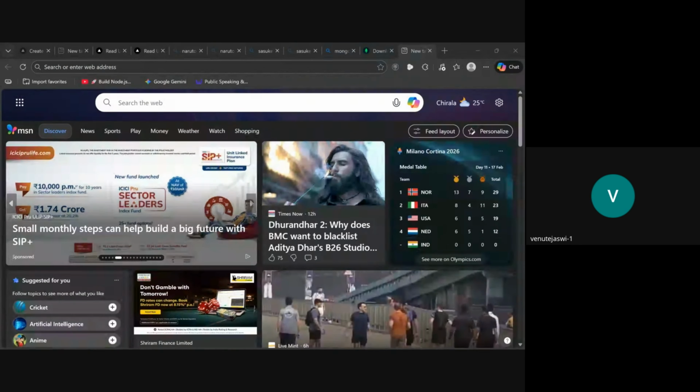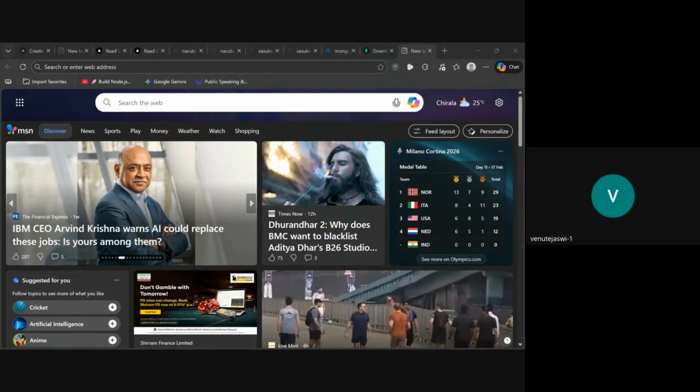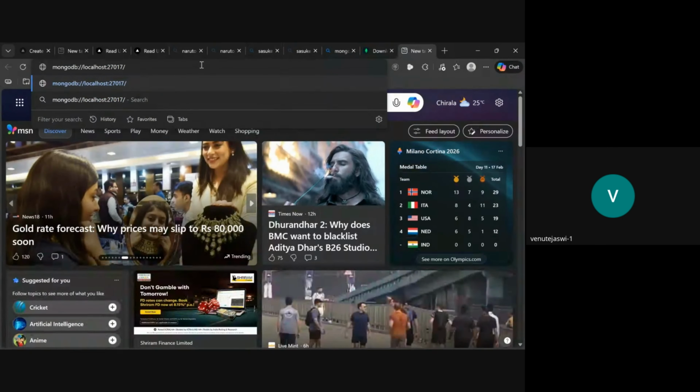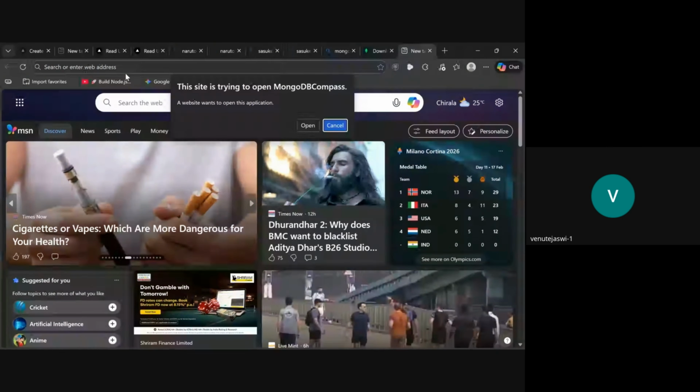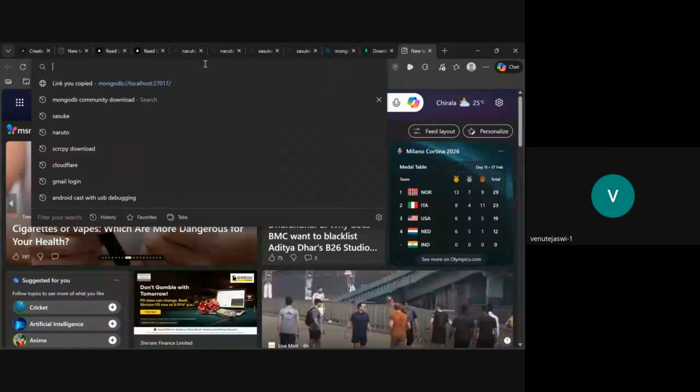The URL for MongoDB is... so this is the URL that we can access. So this is telling that I'm trying to open MongoDB Compass. So it is a service. It is open in another tab. So this is a service that is constantly running in my system, where I can create